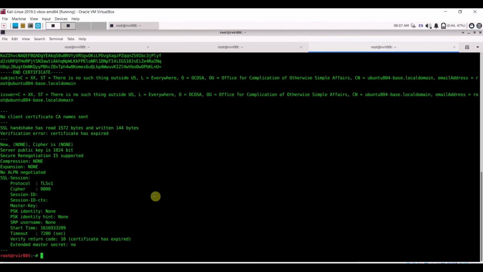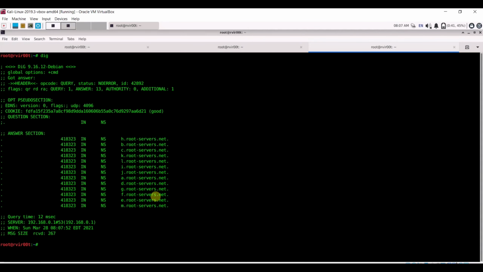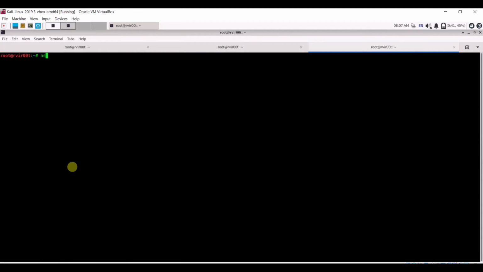Right, so then we also have the dig command. This is also helpful for obtaining information like mail exchangers and other DNS records. You can use the dig command as well. And we also have nslookup. You can also use nslookup. You can set the query type, like set query or set type, to mx and hit enter, and here you can mention any target like google.com or any other.